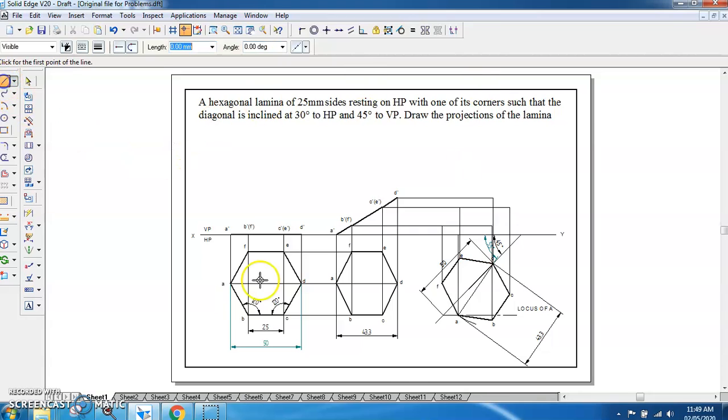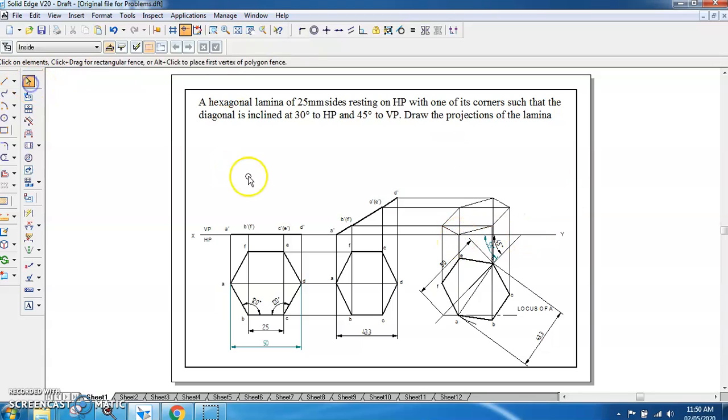So again you can connect from A. See, this is A here, A to B here. This is B, then C here, then you have D point here, then E point here, you have F, and you can connect it back to A like this.